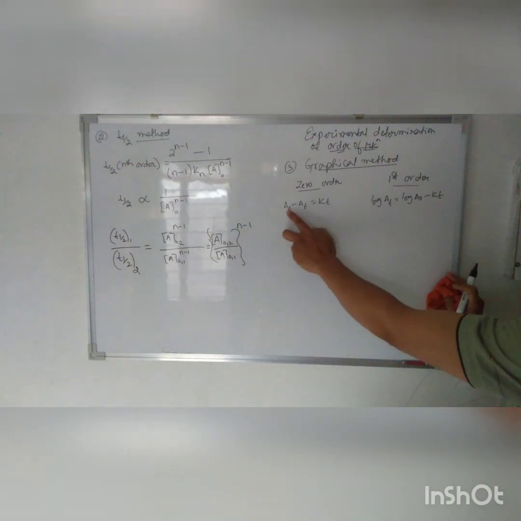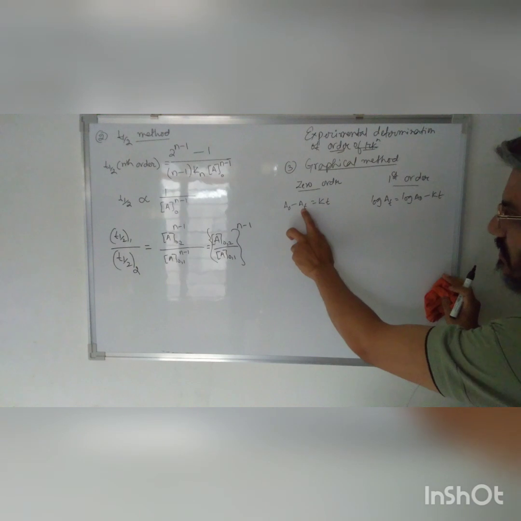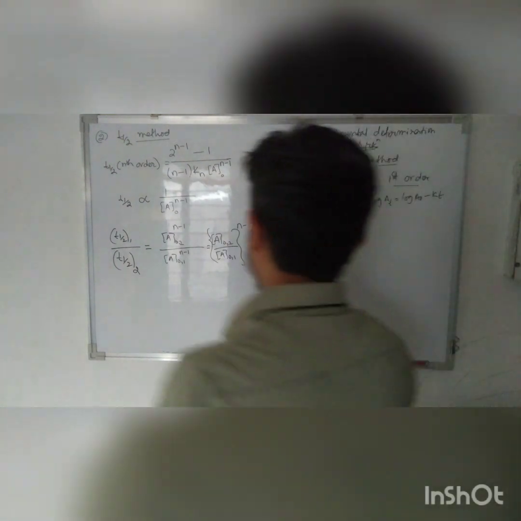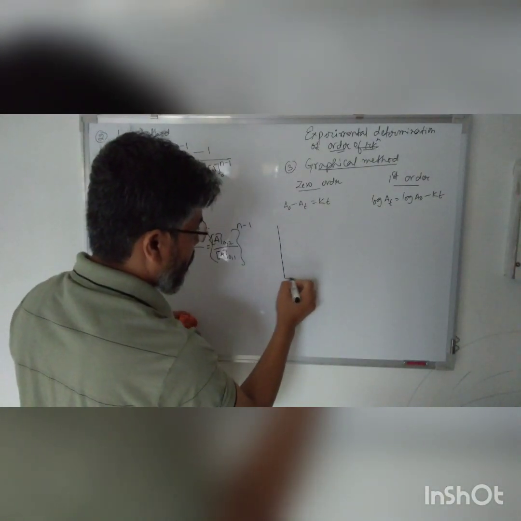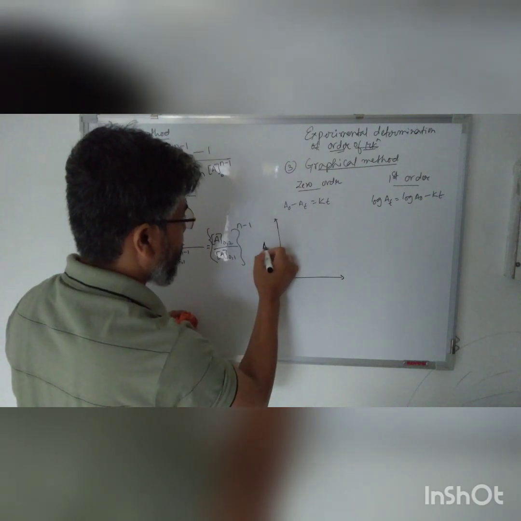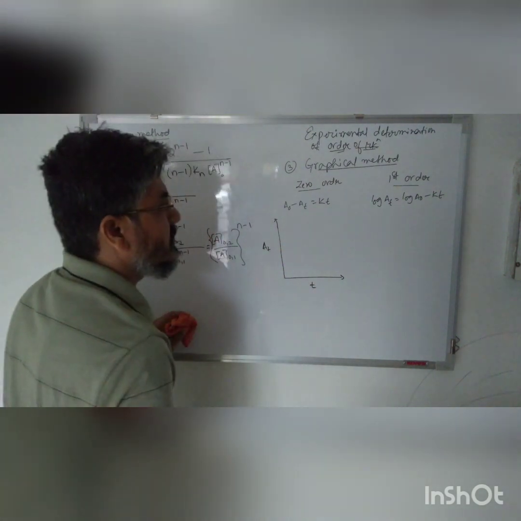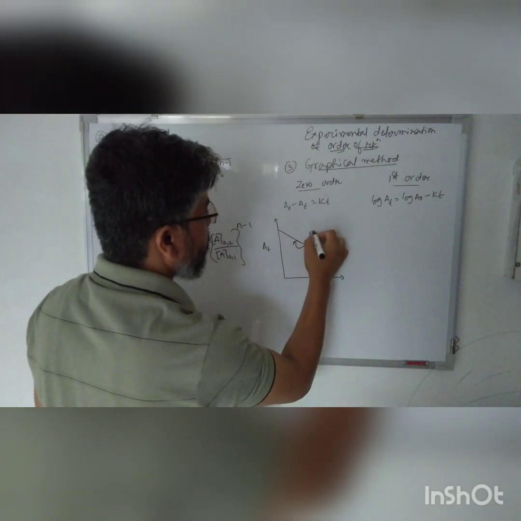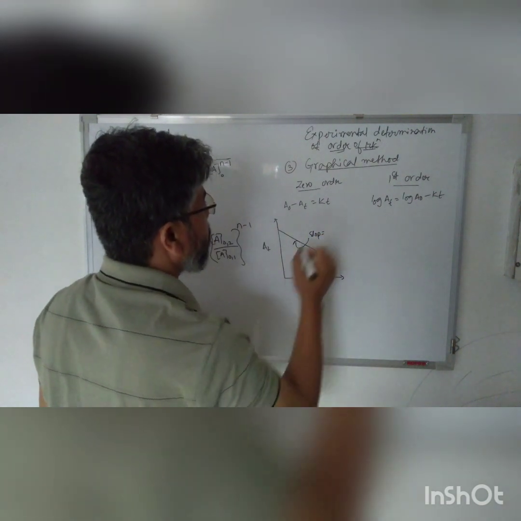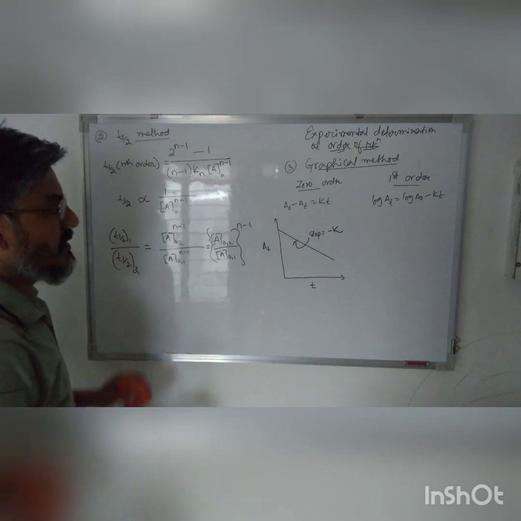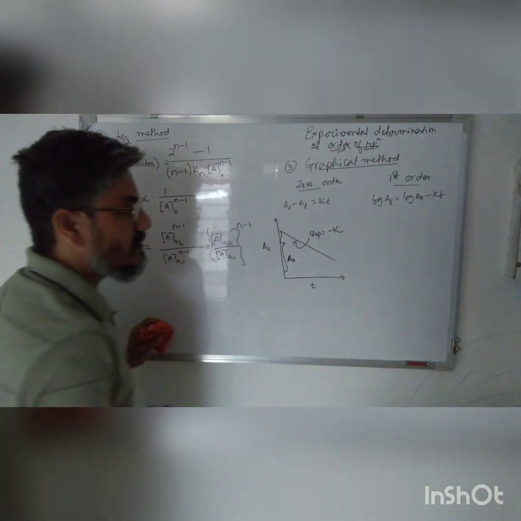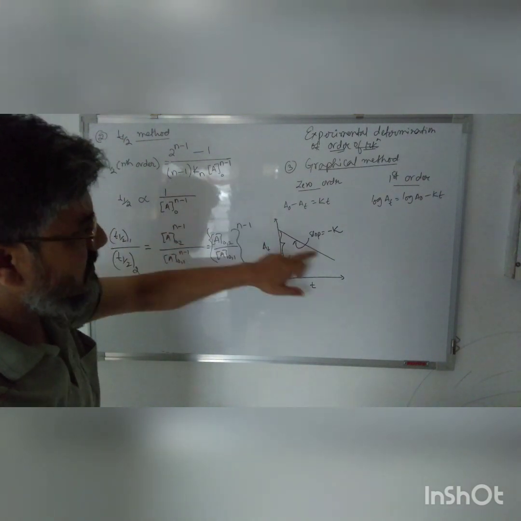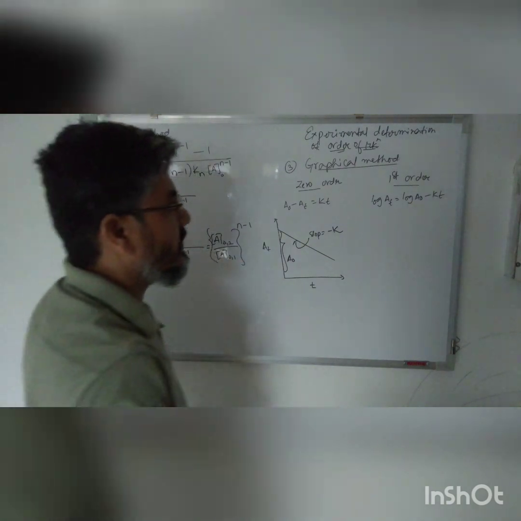So we can see the variation of concentration A with time t. So we'll have a different graph. So this is concentration A t, this is time t. So we have a slope, and this slope is equal to minus k, and this value is intercept A naught. So if the graph comes out to be this type, that means concentration versus time is a decreasing slope, then we can say this is zero order reaction.